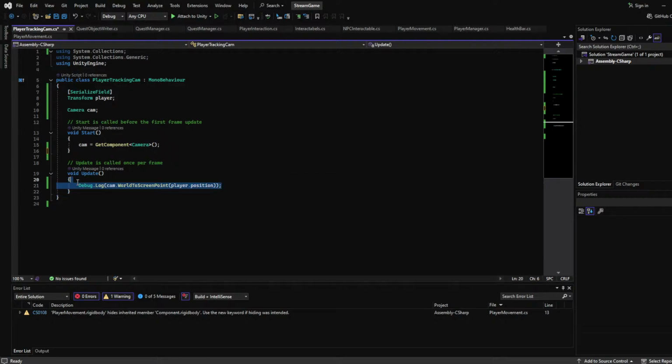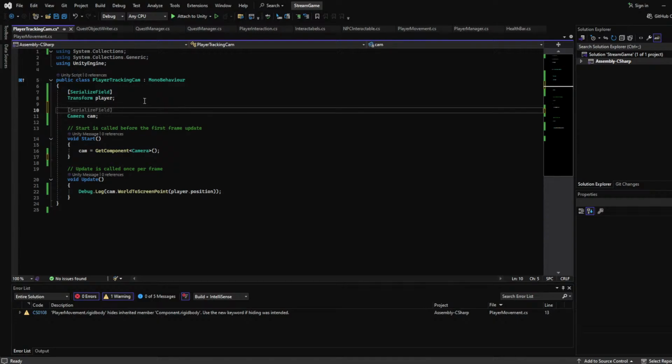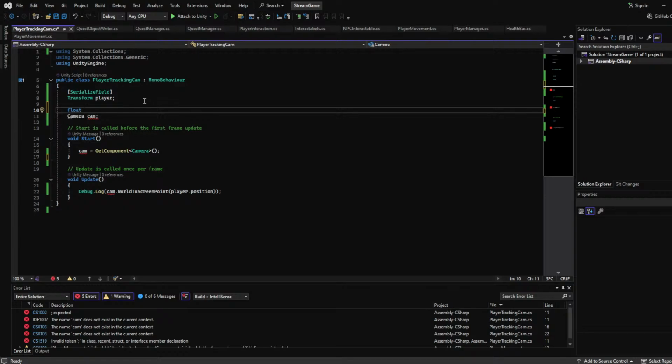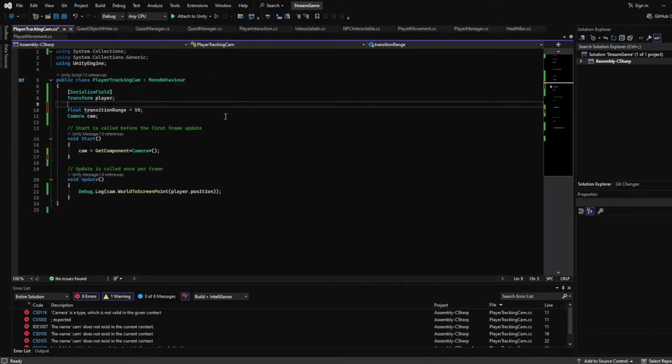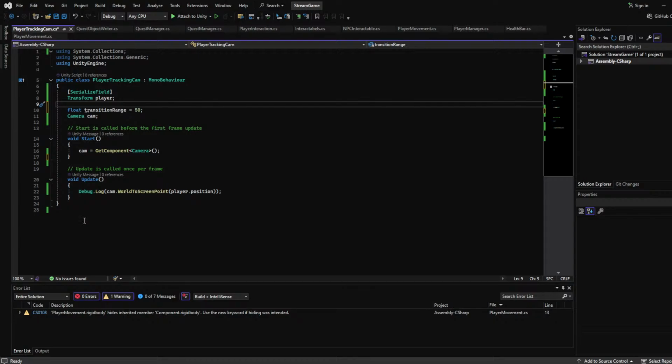Anyway, what we're going to do here is I want to have a float, transition range. I want to say that's going to be maybe 50. Yeah, exactly. So that should be fine. This should also be a FixedUpdate. Okay, so what we can do now is